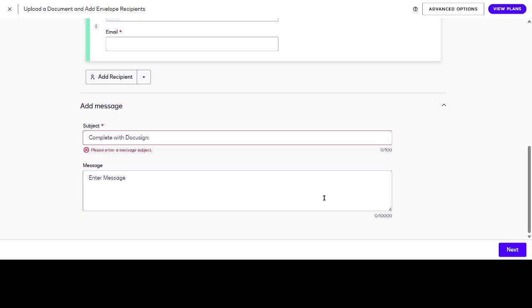By following these steps with attention and care, you'll be able to send your documents through DocuSign efficiently and effectively. This ensures a hassle-free experience that your recipients are sure to appreciate, reflecting well on your professionalism and attention to